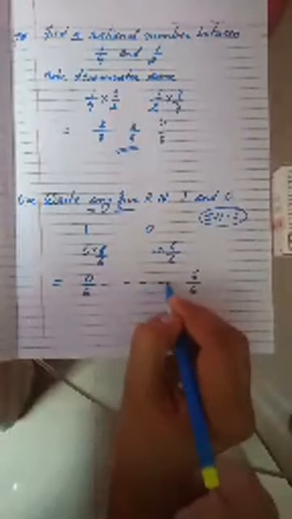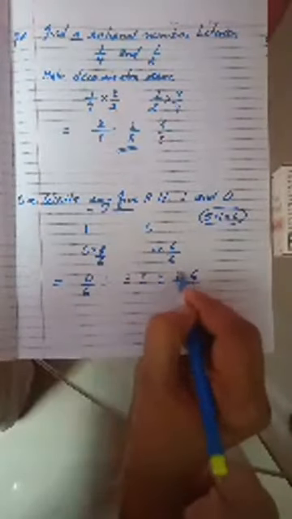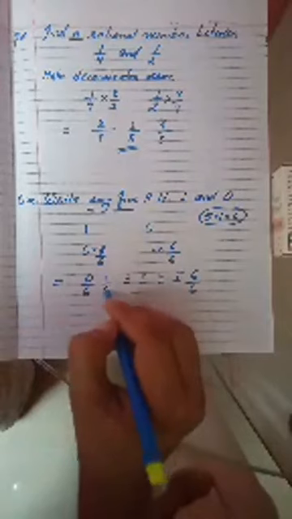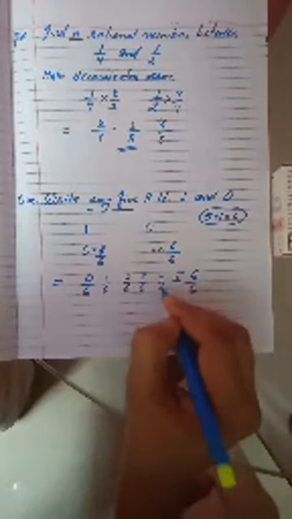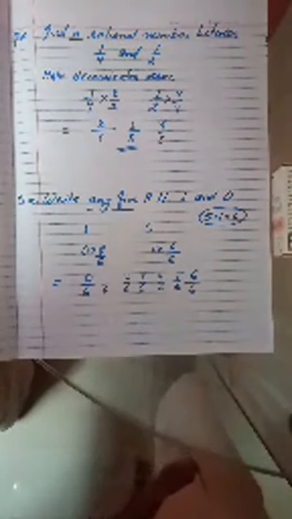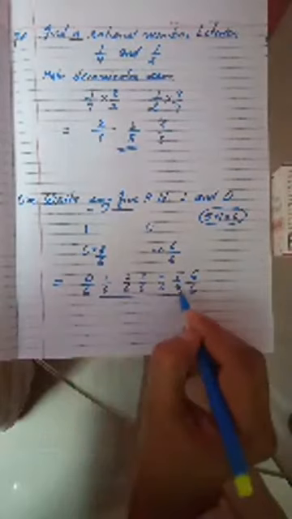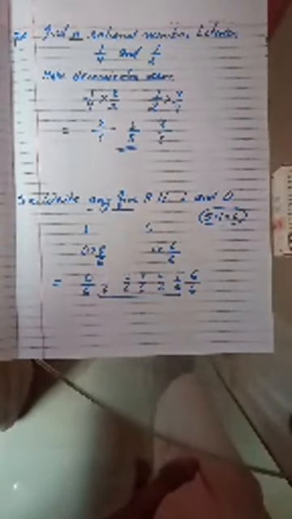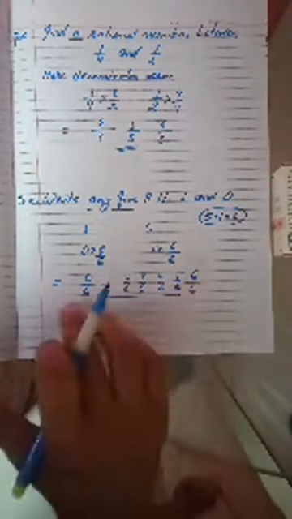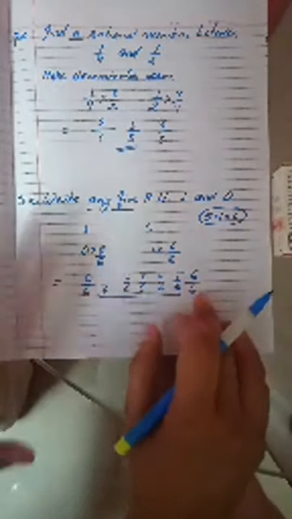Okay, now you have to find the 5 rational numbers. How many? 1, 2, 3, 4 and 5 numbers. तो 0 के बाद में 1, 2, 3, 4 and 5 is there. Okay, just place the same denominator below all the numbers. So you should find here 5 rational numbers between 1 and 0. Okay, and now we are going for the last question.